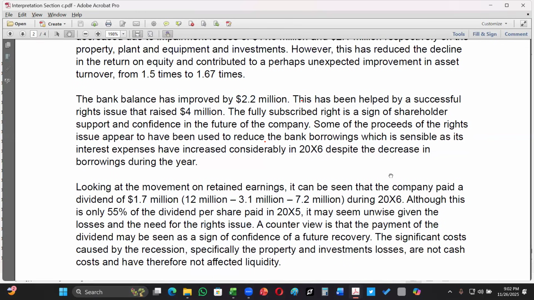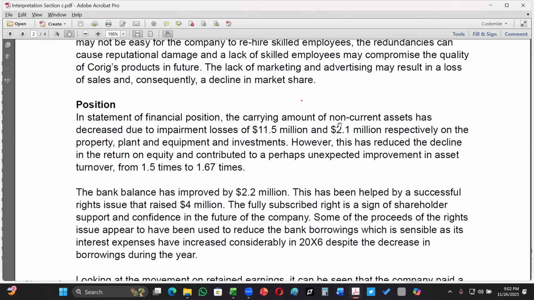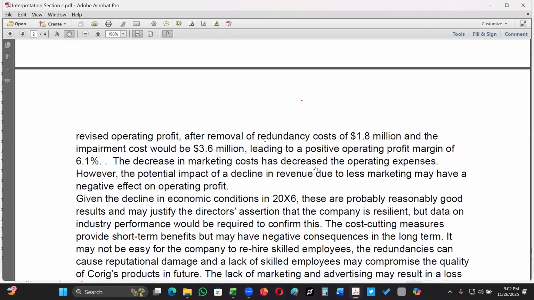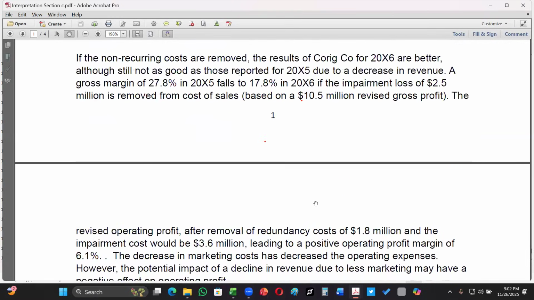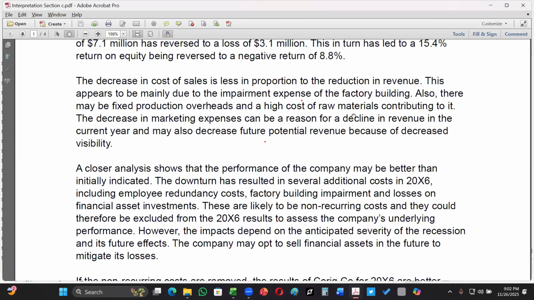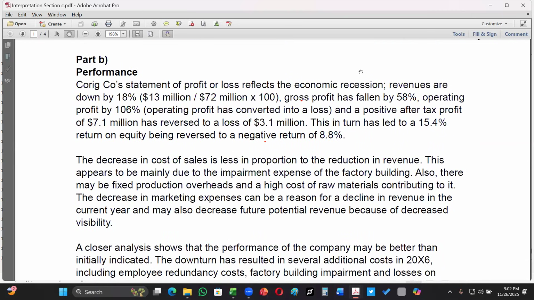Otherwise it's very difficult to gain marks if you are writing general answers. So you have to find the information in the question to relate to the figures. If you can do that, then there is a good chance that you can score 100% in this interpretation question. I believe this was a good experience. Usually students tell me that they are not strong in the interpretation question, but I believe this question must have given you a lot of confidence.